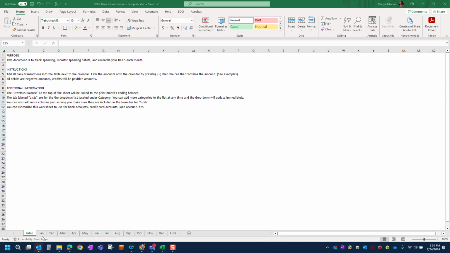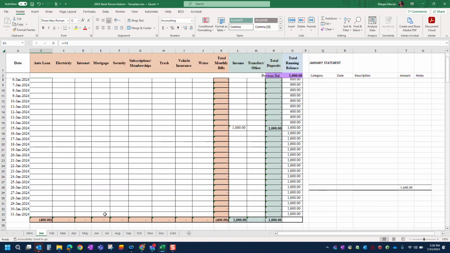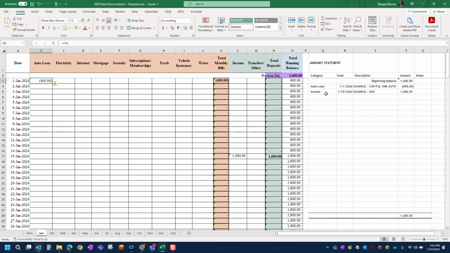If you go into one of the months, say January, and of course this is just for your bills and your income, I haven't included any of the flexible spending like groceries and fuel, things like that. This is merely a fixed amount type of expense. In this spreadsheet, I have these categories, and every other day or once a week at least, I go in and I reconcile my bank,